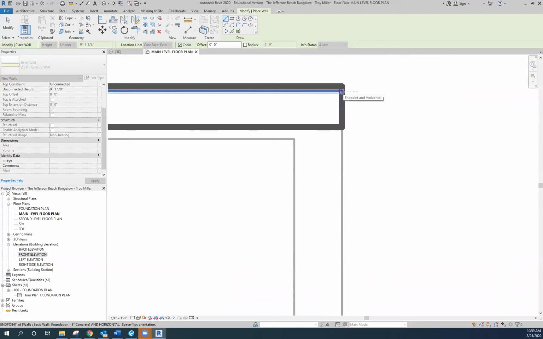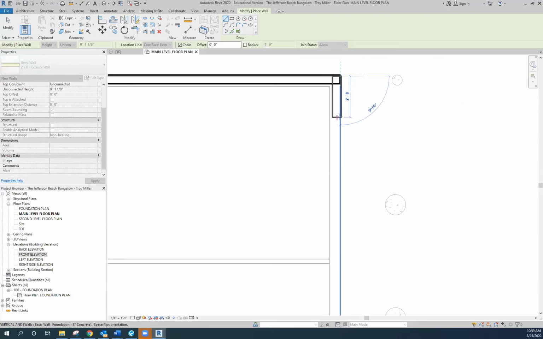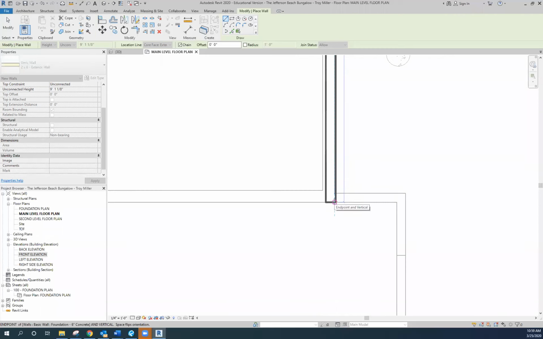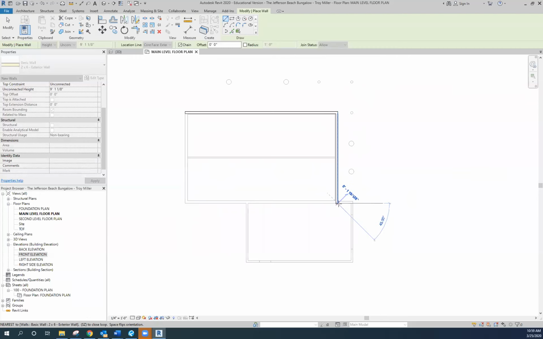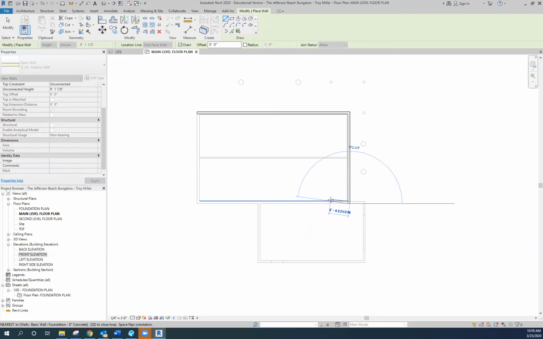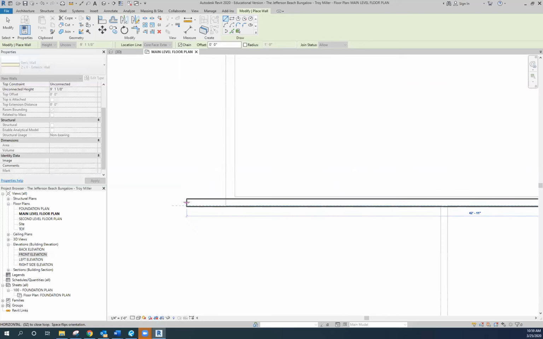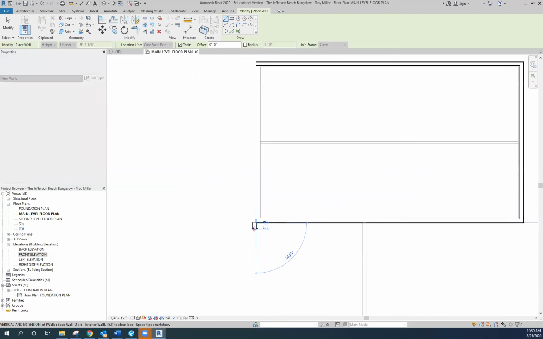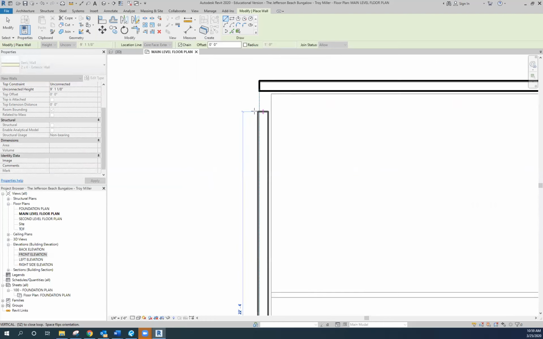Okay, this is not a problem because that's the reality of how this will actually frame out. It will go out over that because the plane of our face of stud will be in the same plane as the foundation wall, and the sheeting and the 3/8 inch finish material will protrude outside of that area. So as you can see, I just went around in a clockwise fashion and completed those walls. Now to get out of this mode, I'm going to hit escape once,